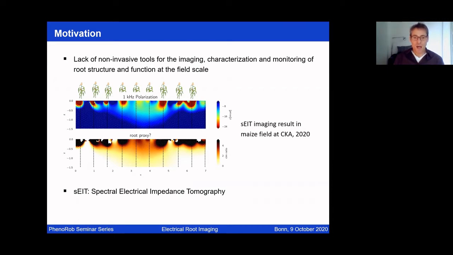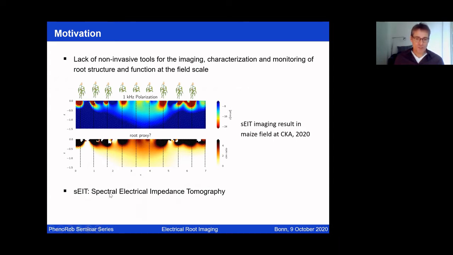And you see this image that was shown also by Andreas recently in the advisory board meeting, an imaging result obtained at Klein-Altendorf, where the idea is that with the electrical properties that we image, we are able, on the one hand, to delineate root zones, and on the other hand, by quantitatively analyzing the values in these pixels or voxels, to also infer information on root structure and function. And for this, we use the method